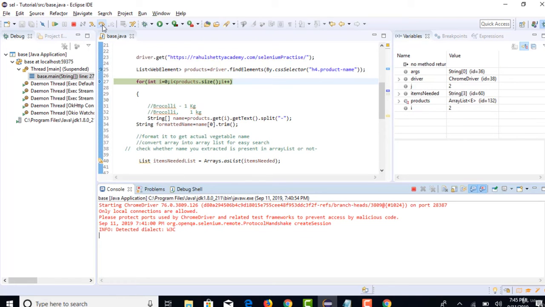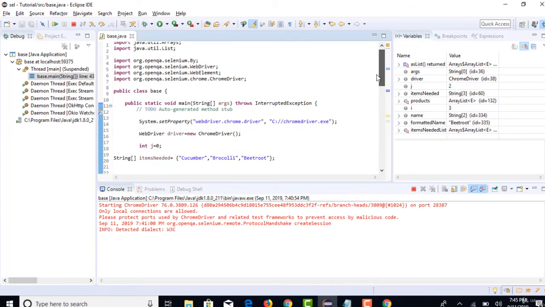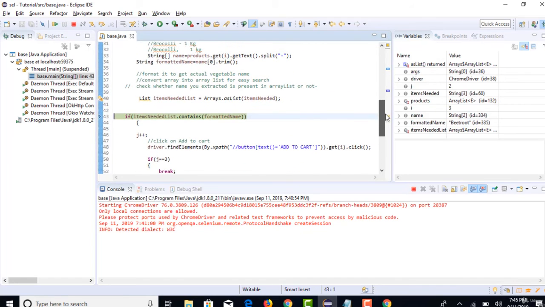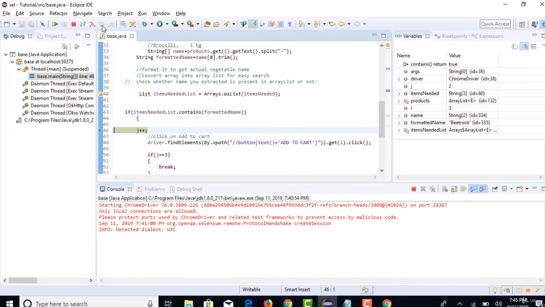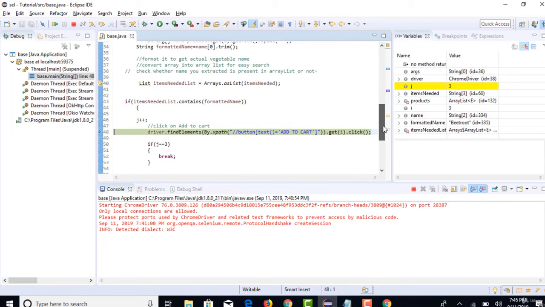So it will not go inside. Perfect. It came outside. So the next one we have is beetroot. Is beetroot present here? Yes. So this is the last item and it should go inside. Perfect. Now j equals 3, which is obvious because this is the last item we want to search and select, and we have successfully selected that item as well.